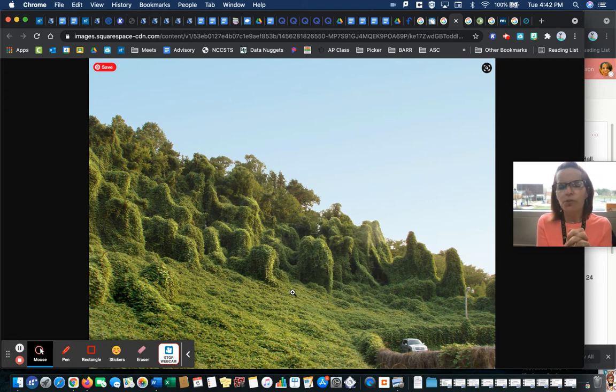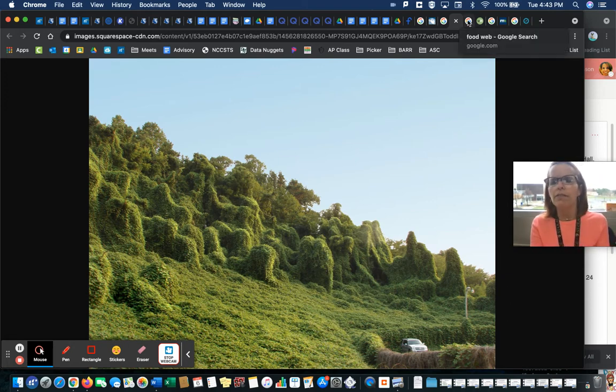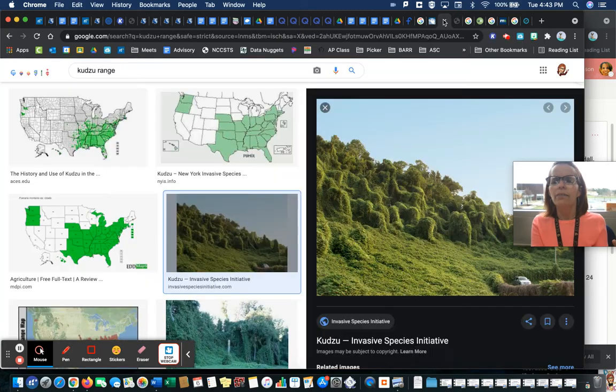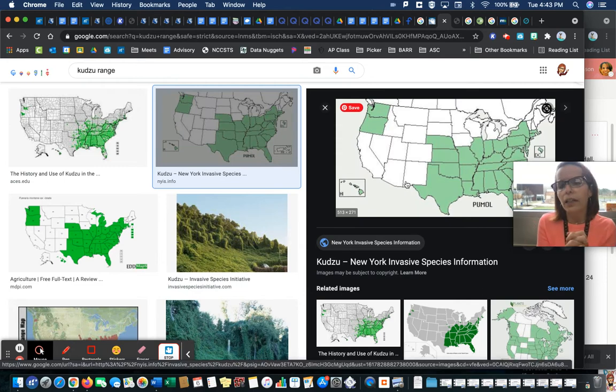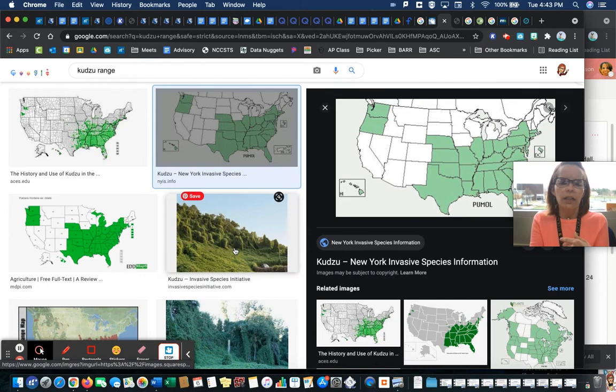So in this case, kudzu is affecting a huge area. Let's see, I thought I had the kudzu range. Yeah, you can see the kudzu range right here. So on this map here, you can see where kudzu is. Notice that it's not located in Minnesota. Again, that's a climate issue. Minnesota's too cold for kudzu. What happens with global warming, ladies and gentlemen? Kudzu starts increasing and increasing. Its range is going to keep spreading as the planet gets warmer. Right now, our southern states spend billions upon billions of dollars trying to control kudzu.